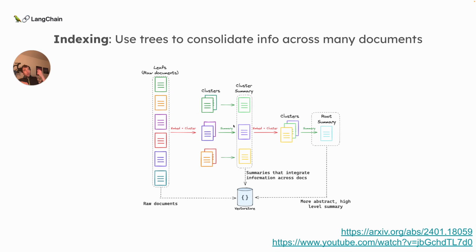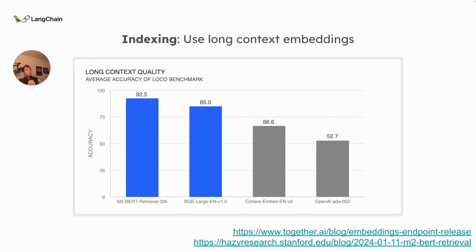Basically, if you have a question that draws in information across numerous documents, you probably have a summary present and indexed that has that answer captured. So it's a nice trick to consolidate information across documents. Their paper actually reports that the documents in their case, or the leaves, are document chunks or slices. But I actually showed, in a video and a notebook, that this works across full documents as well. And that's a nice segue: to do this, you do need to think about long context embedding models because you're embedding full documents. And that's a really interesting thing to track.